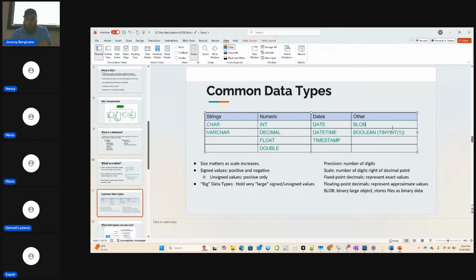So others are blob or Boolean. The blob is a large binary object. I barely ever use that, but it's standard across database systems. In theory, you could store an image as a bunch of ones and zeros in a database and then retrieve it that way.